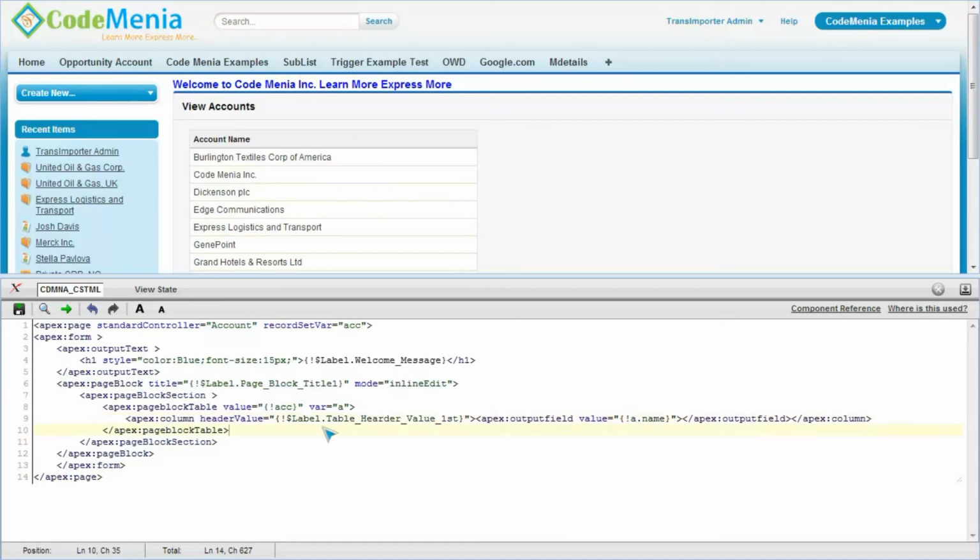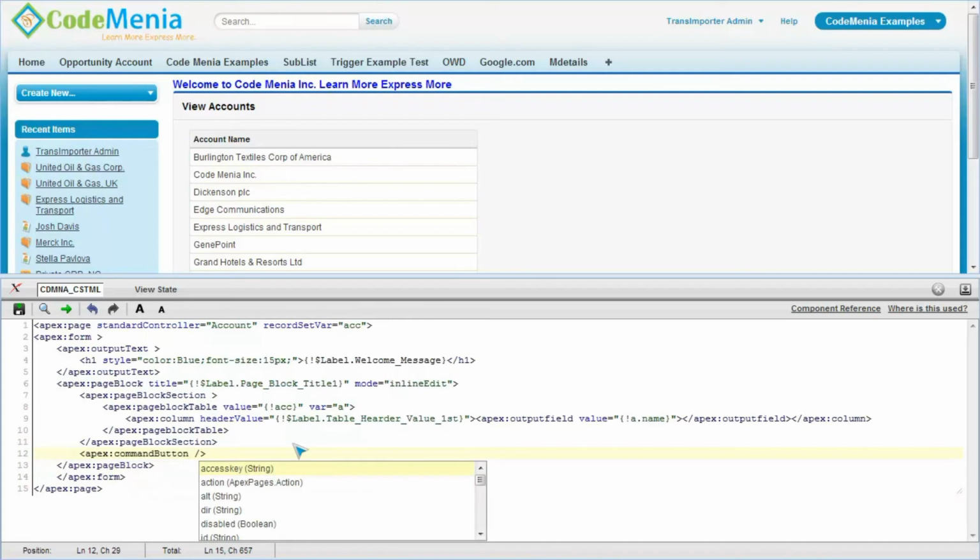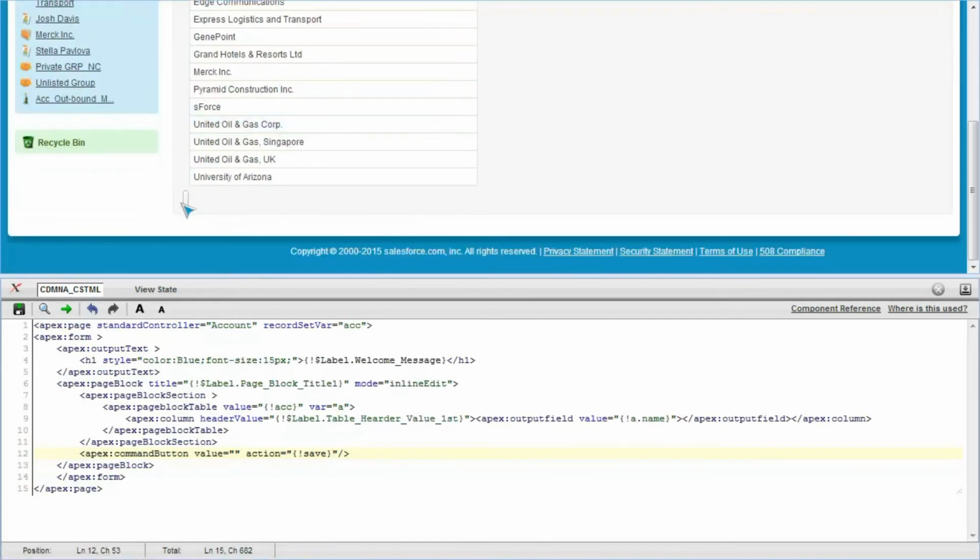And now I am going to create one command button, and the command button label should be in a custom label. So I am going to create one custom label for this button,